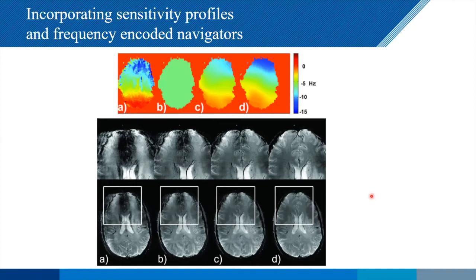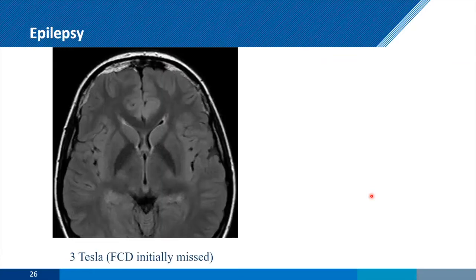And so we over here then concentrate on 3 or 4 different applications in the clinic. So the first one is epilepsy, which a lot of 7T sites do. And if we look over here, this is a 3 Tesla scan. There's a cortical dysplasia here, which is not easy to pick up, which was actually initially missed by the radiologist, but clearly the signs are there in terms of the patient characteristics.